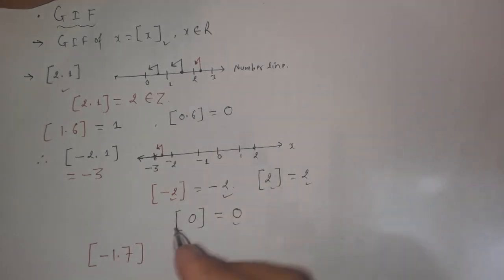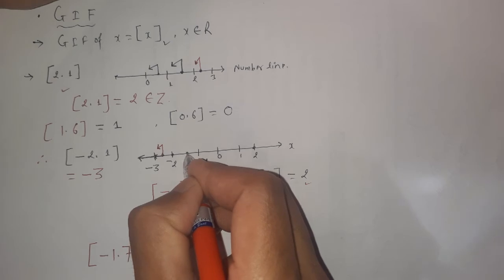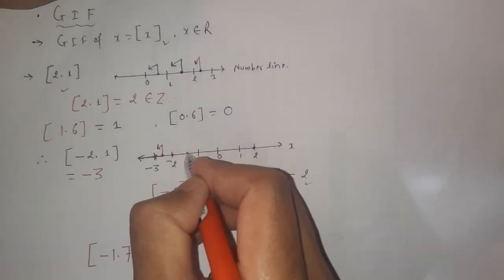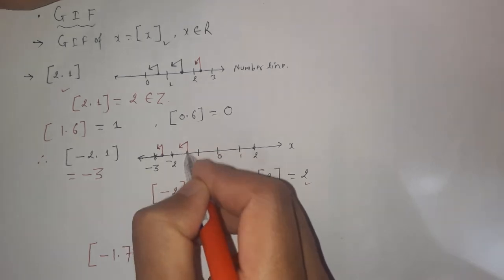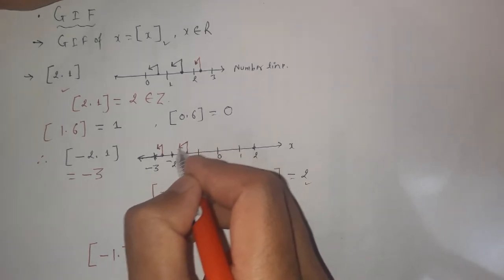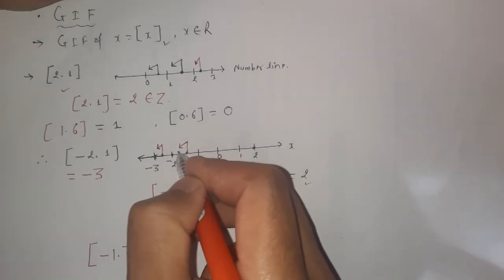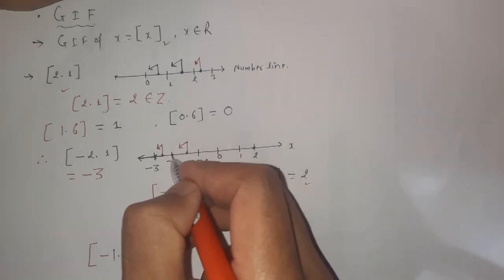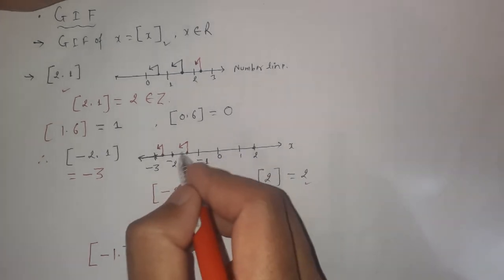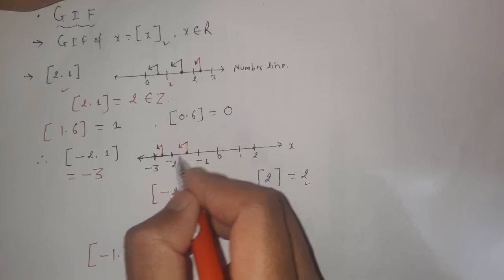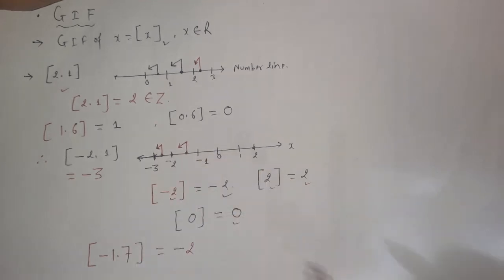The negative 1.7 lies anywhere between negative 1 and negative 2. Let's suppose the number lies here, and we have to rise first, then look left. Here we rise and look back, or look left, and we get a very close integer, negative 2. Negative 2 is the nearest integer value to this number. We have to look on the left hand side.